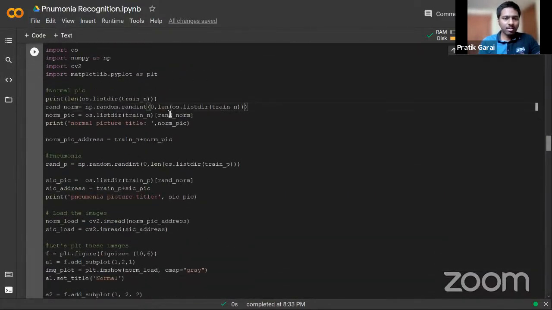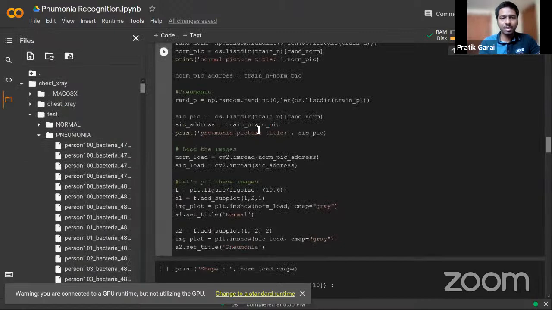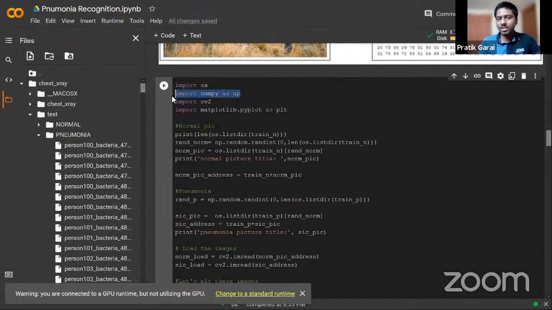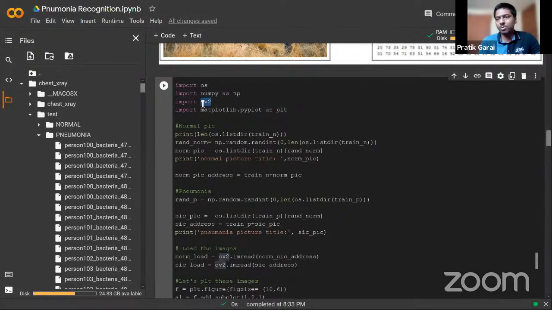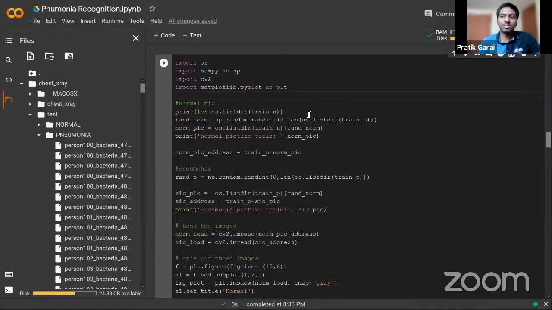So after that, in this snippet, what I'm doing is importing OS. Now OS is used to access these file paths and file names. NumPy is an array library which is written in C and has been ported to Python, so it is super fast. CV2 stands for OpenCV2, which is the Open Computer Vision library for Python. It is used for image manipulation and a bit of object detection. And we have matplotlib, which is the plotting library in Python. It is majorly used to plot graphs, but it also has the functionality of